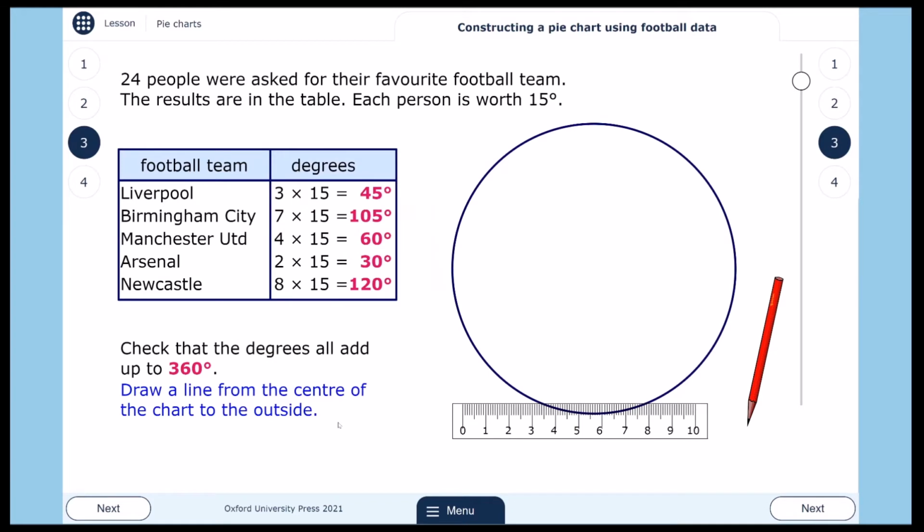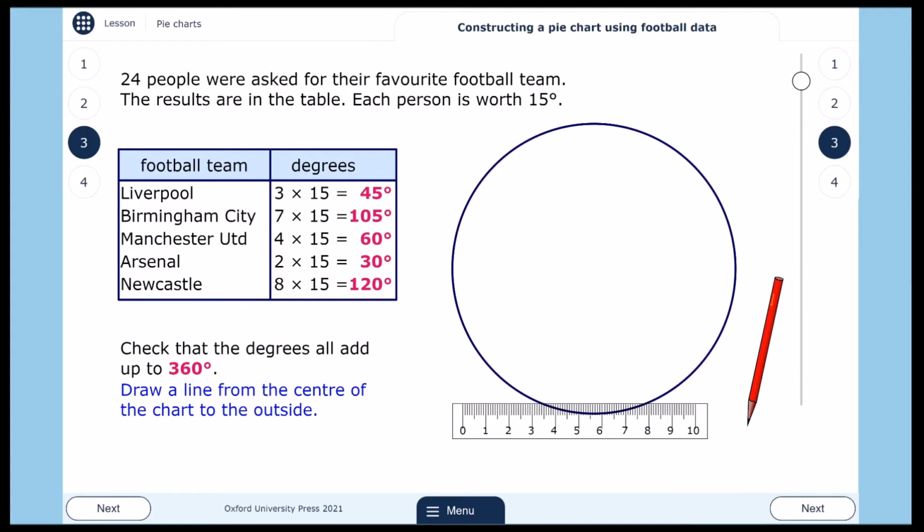The first thing that you should do is check that all of these answers add to 360 degrees in total. If they don't, it means that something's gone wrong in one of your calculations, possibly the degrees per person at the start. Now that we've worked out the degrees per football team, we can draw our pie chart to represent